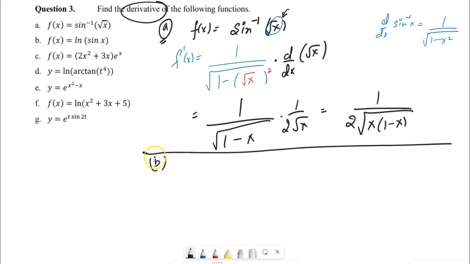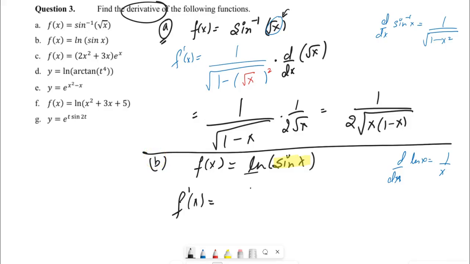Let's work on part B. The function is natural log of sine x. Again, there is an outside function and there is an inside function. We know that the derivative of natural log of x is 1 by x, provided x is non-zero. So here the function's derivative would be 1 by sine x, because inside there is sine x, times the derivative of